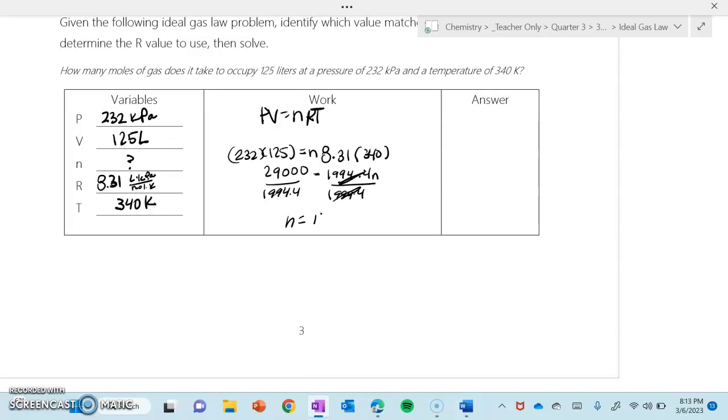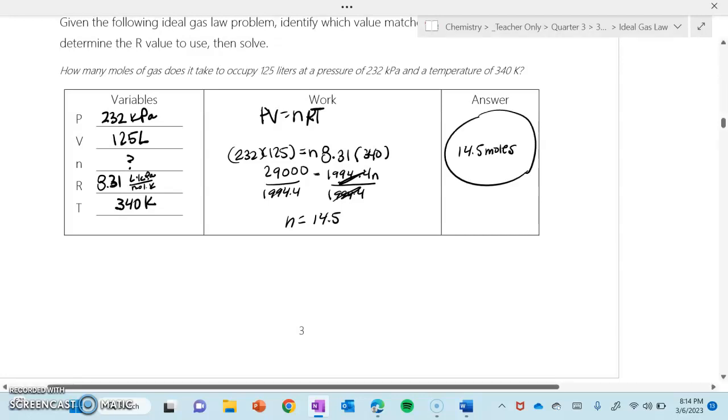And we've got 14.5 moles of gas, assuming ideal gas behavior. There's plugging into our equation, given the pressure, volume, and temperature of this gas,